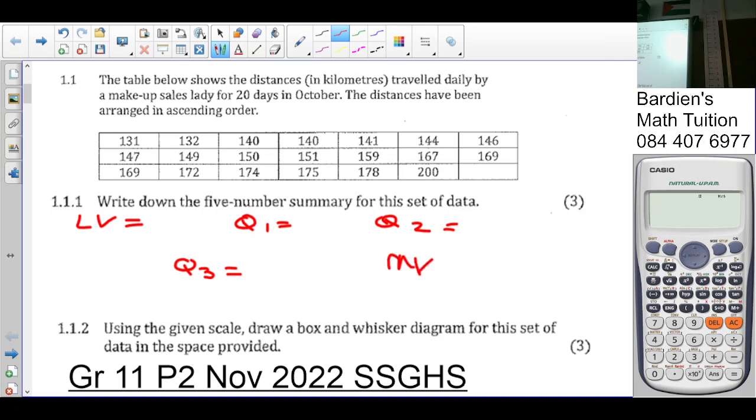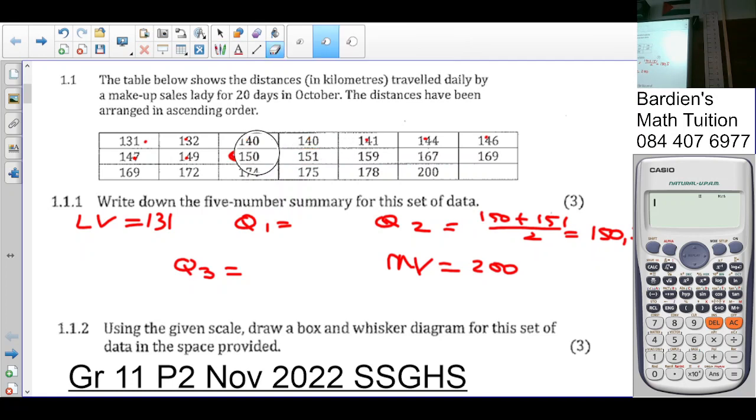Okay. So the lowest value is 131. The highest value, of course, is 200. There are 20 values, 20 recordings here. So 20 divided by 2 is 10, so it's the 10th and 11th number. So it's 1, 2, 3, 4, 5, 6, 7, 8, 9, 10, and 11. So it's going to be 150 plus 151 divided by 2 gives you 150.5. Since there's 2 numbers in the middle,